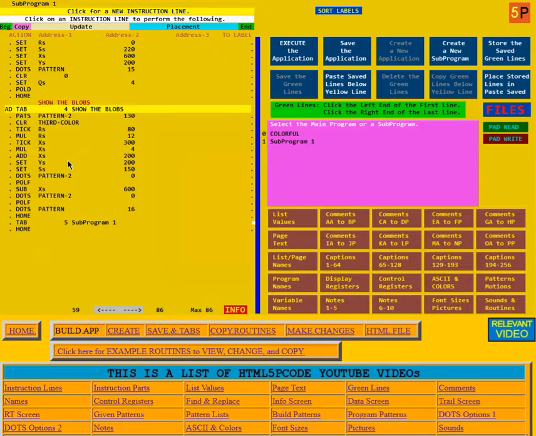Well, then it sets the Y value. Oh, well, no, wait, it adds to that 200. That's the base position for it. Alright, then it sets Y to 200, which is the center of the screen. And patterns are positioned by the center of the pattern, not like a rectangle, which is the upper left-hand corner, but the center. Then it sets the size to 150,